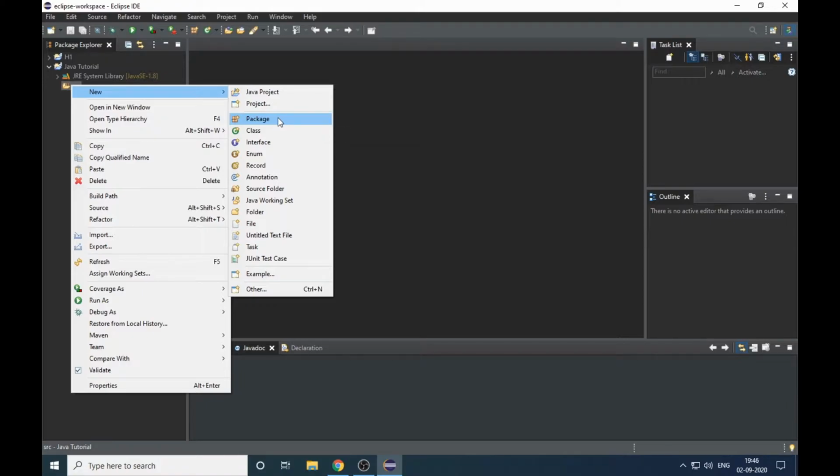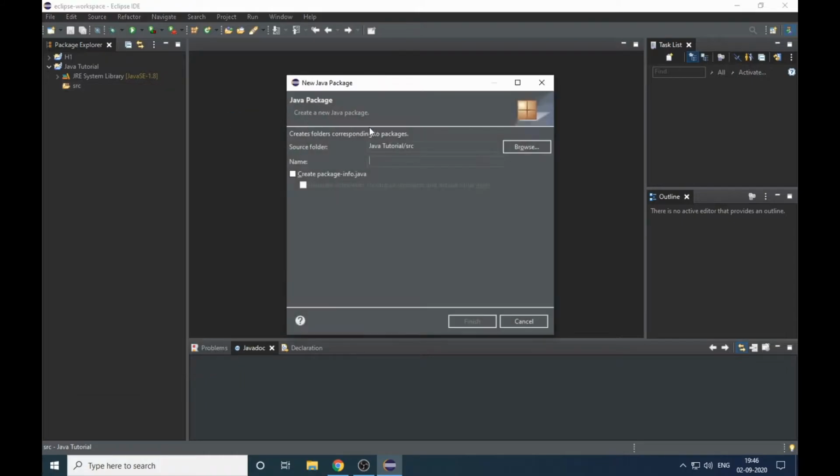Right now you just need to learn that after the project you have to create a package, and in this package I will give the name datatype.